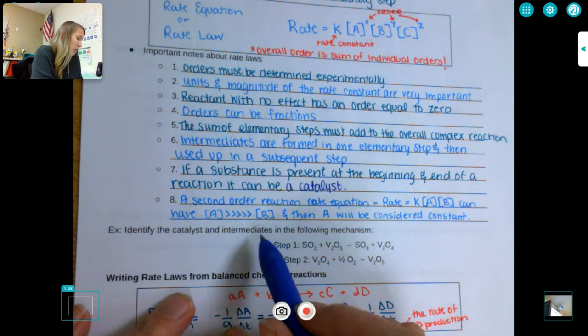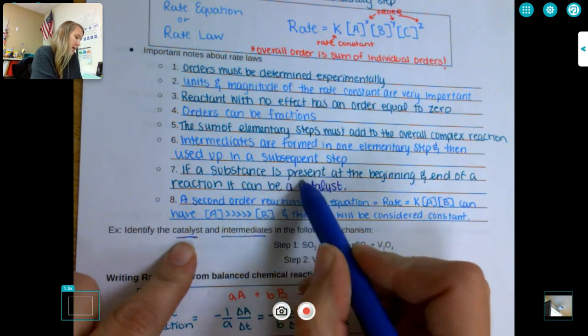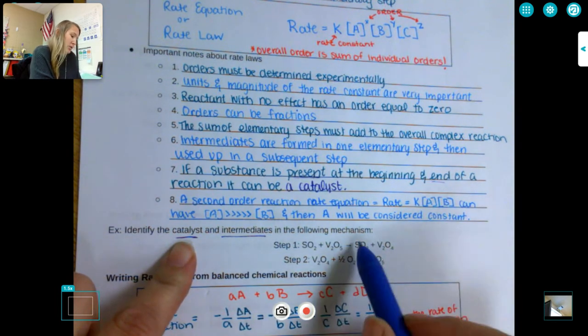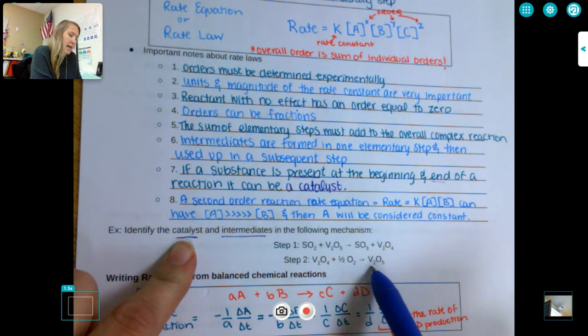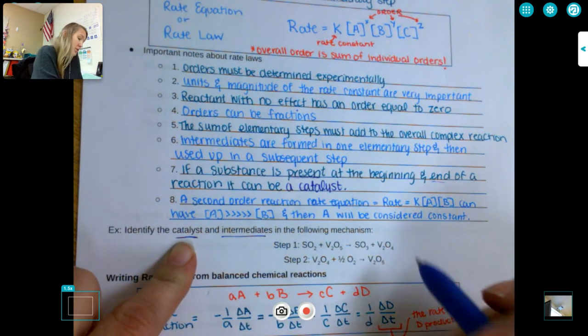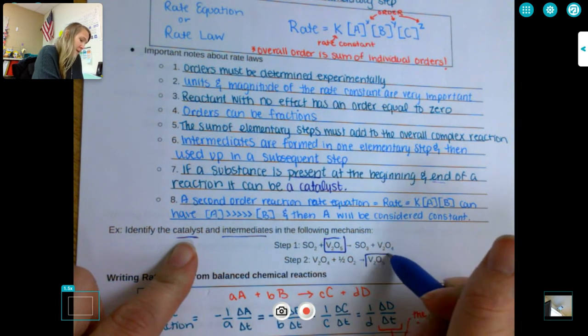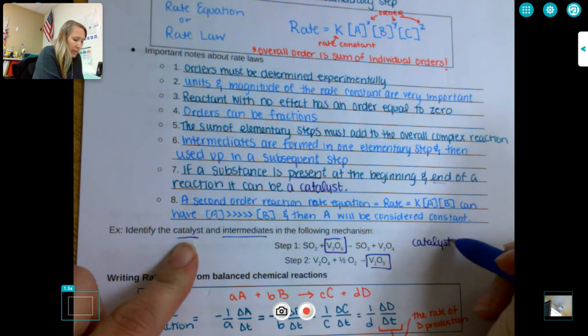So we had to identify a catalyst and intermediates. We said a catalyst is a substance present at the beginning and end of a reaction. So I look to see, do I have any compounds that are present in my original reactants and products? And I do. I have V2O5 is present at the beginning and at the end. So my catalyst is